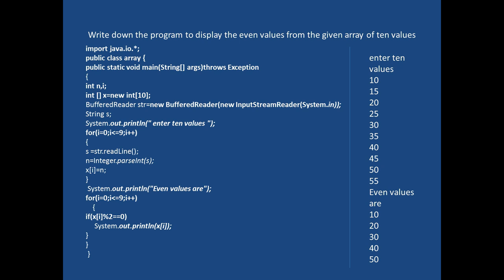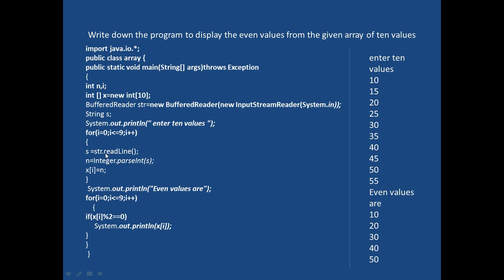Write down the program to display the even values from the given array of 10 values. Here we have taken an array of 10 values x, then we have entered values from 0 to 9.